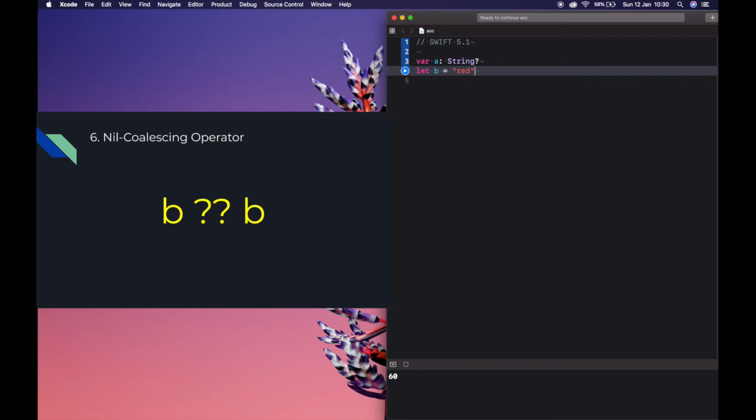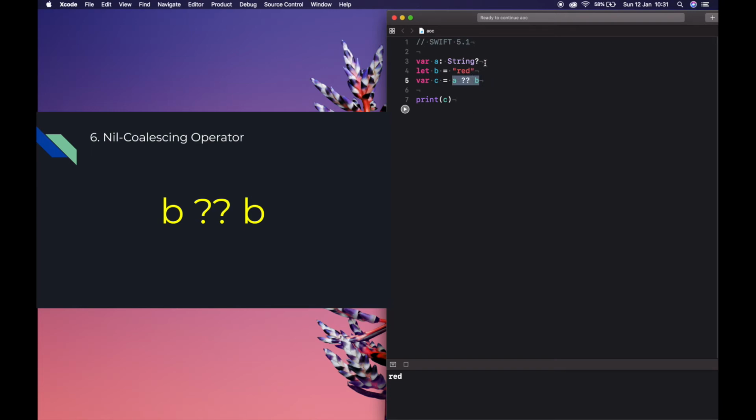let b is equal to a string value, and c is equal to a ?? b. Here see that the value a is an optional string and b is a default value. In this case, the nil coalescing operator checks whether the optional has a value.